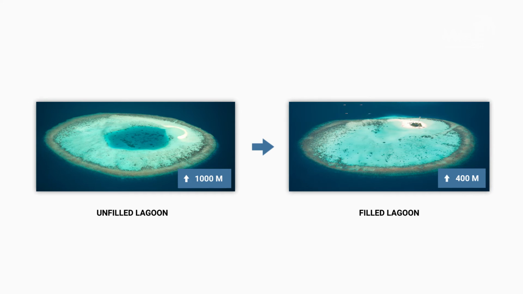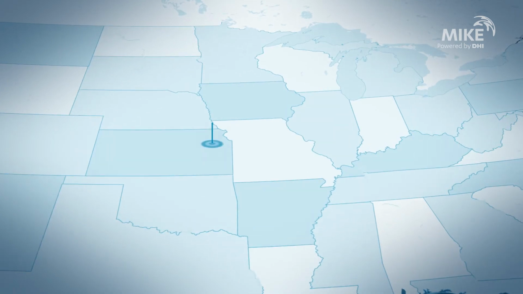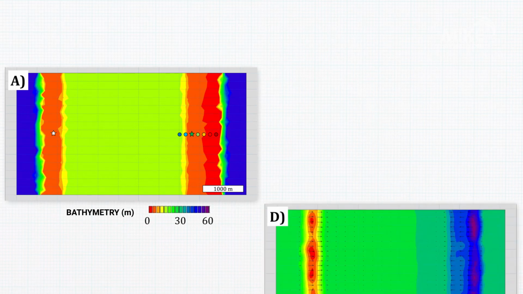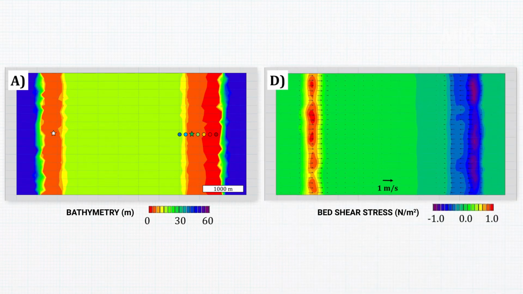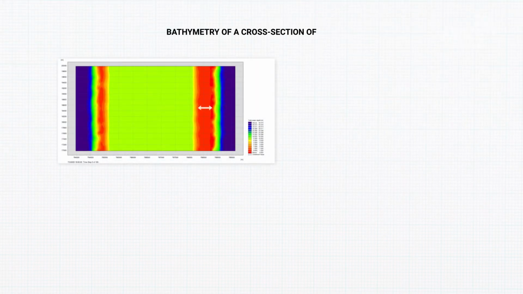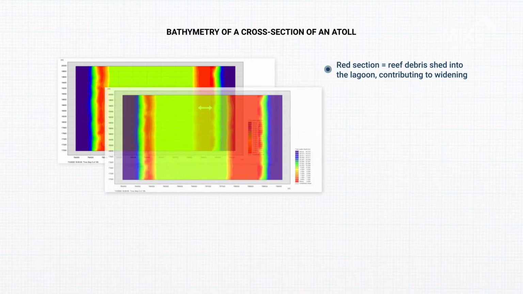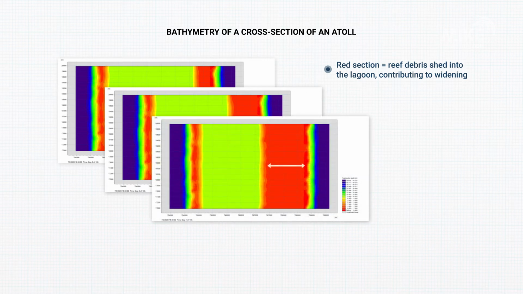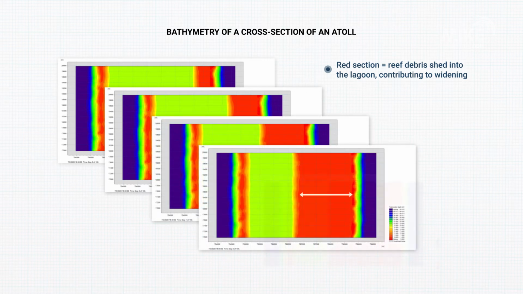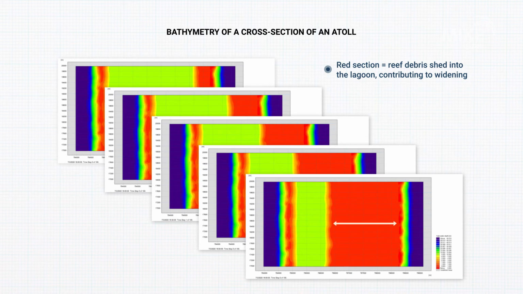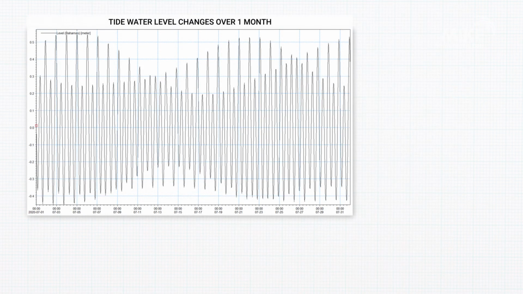an ongoing lagoon-filling process. To further explore this topic, researchers at the University of Kansas conducted a study using a Mike 21 coupled model flexible mesh to explore how hydrodynamics influence the evolution of the geomorphology of atolls. The researchers used a set of physics-based process simulations of atolls with different boundary conditions to mimic distinct stages of the ongoing lagoon-filling process. The researchers also examined how reef sand apron hydrodynamics are related to changes of three variables: